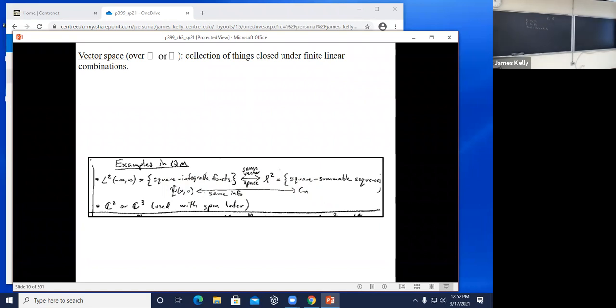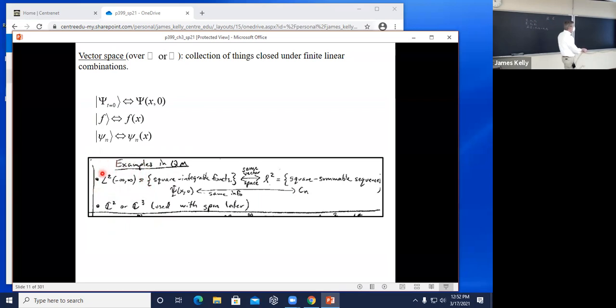The third example, which is really a collection of examples that we'll get into when we start talking about spin, is finite dimensional vector spaces, which are just like what you've used before, right? A two-dimensional vector space or a three-dimensional vector space. But in general, ours will be complex vector spaces. So the components will be complex numbers rather than real numbers. Okay, so examples in quantum mechanics of